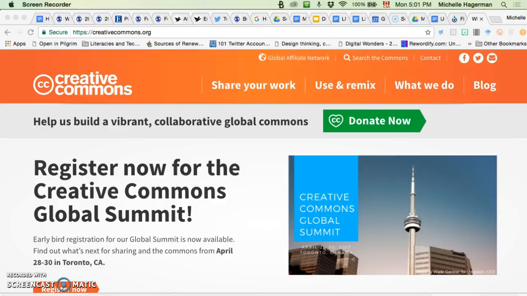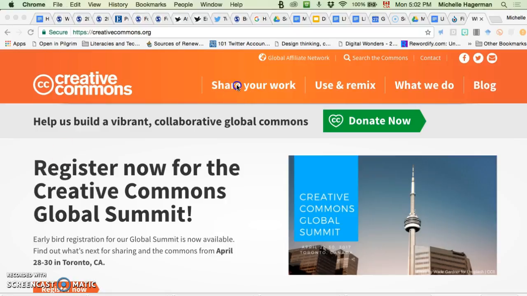So it's sort of like an intellectual property license that people who work on the internet can assign to their work and then tell other people what it is they can and cannot do with that work. And if you're looking for information, it's really helpful to know what the author permits and does not permit, because then you can use that work knowing confidently that you have permission to do so.